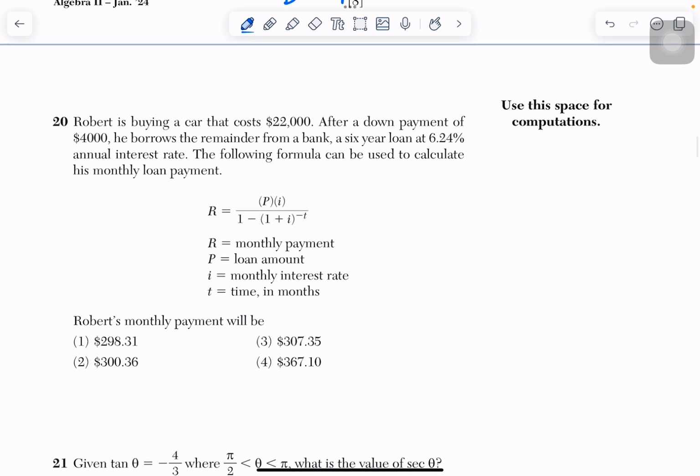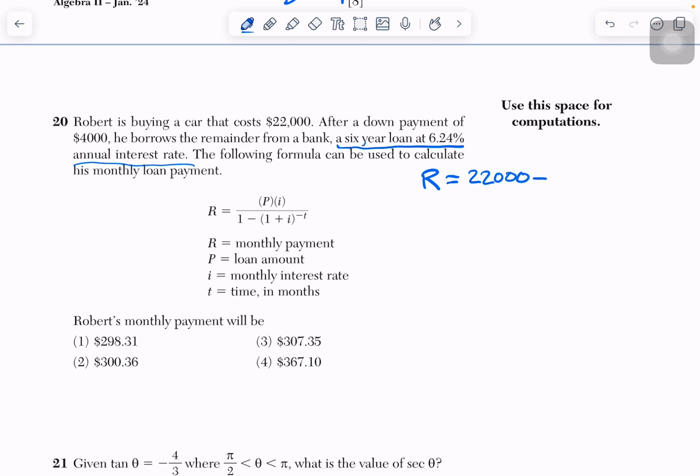Robert is buying a car that costs $22,000. After a down payment of $4,000, he borrows the remainder from a bank. A 6-year loan at 6.24% annual interest rate. The following formula can be used to calculate his monthly payment. So let's just talk about this for a second, right? If R is the monthly payment, R is actually going to be $22,000, the cost of the car, minus